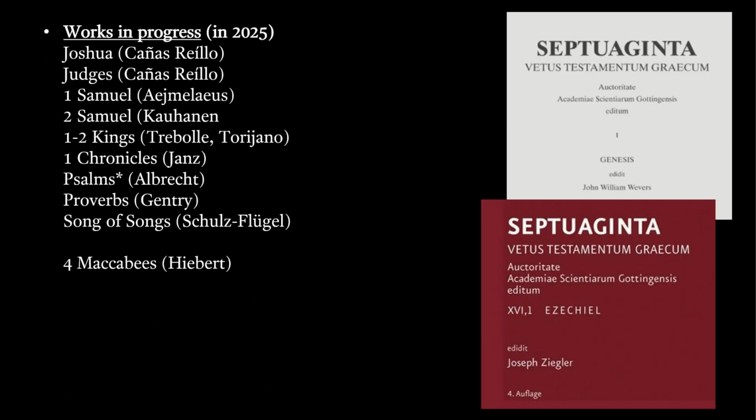Important to note that this particular edition, though it's been underway for over a century, is actually incomplete. And so as of 2025, here are the books that are still in progress, including the names of the scholars that are working on them. You'll notice it's a much more diverse group now. You don't have just one person doing a boatload of them like we had earlier in this whole project. And so Joshua's underway, Judges, 1 Samuel, 2 Samuel, 1 and 2 Kings, First Chronicles, because Second Chronicles was